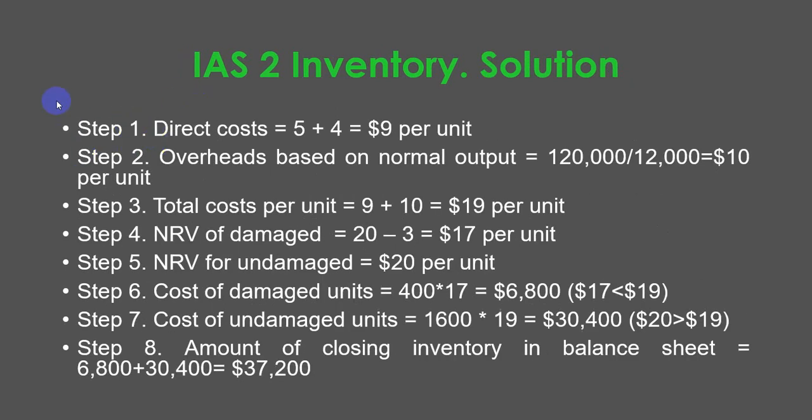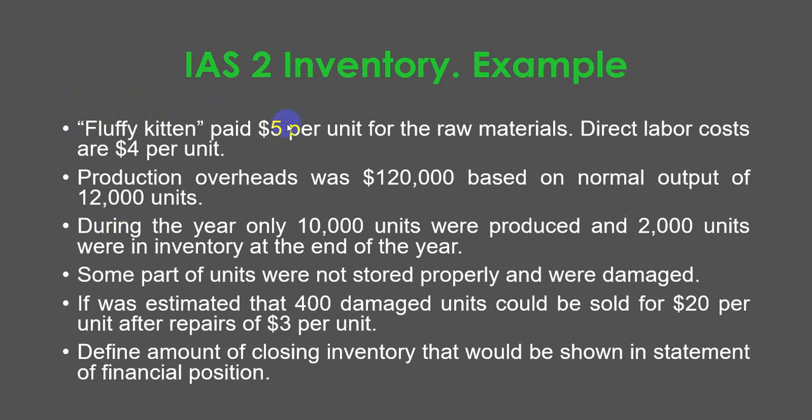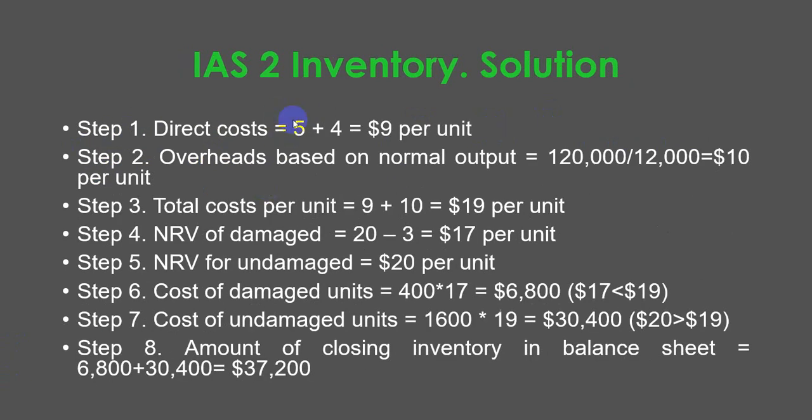So let's try to solve this task. Our step 1 will be to calculate direct costs. In order to calculate the direct costs, we need to take the $5 per unit purchase price and also direct labor costs in the amount of $4 per unit. So we take our purchase price of $5 plus our direct labor costs, which gives us $9